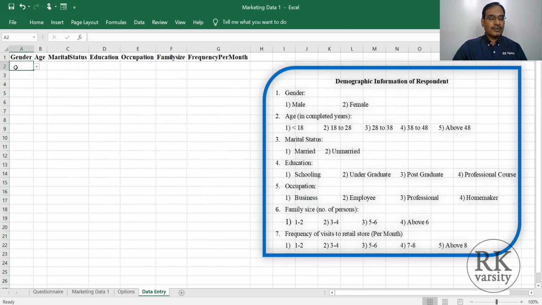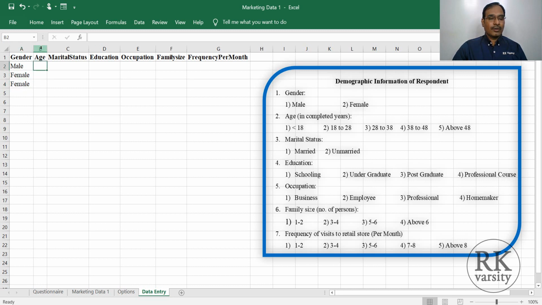So now once you place the cursor in any of the cells in column A and click on this, it will prompt male or female. So simply click male, then it is entered. In the second cell, click on the arrow here, that is the prompt list, then female. Then third, and similarly female.